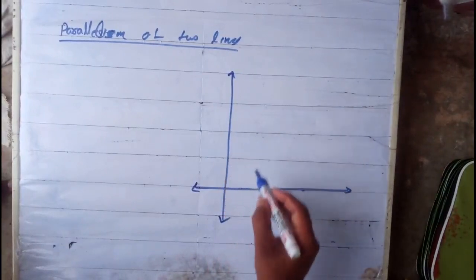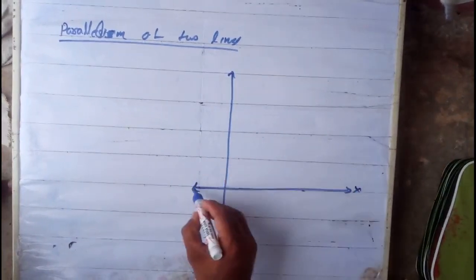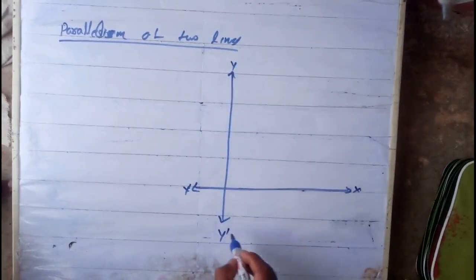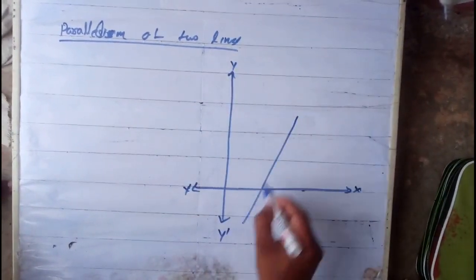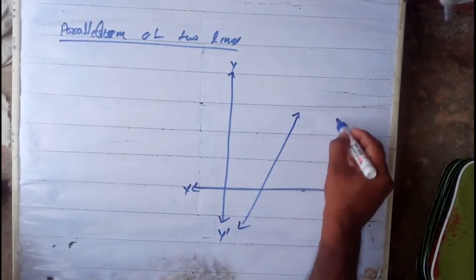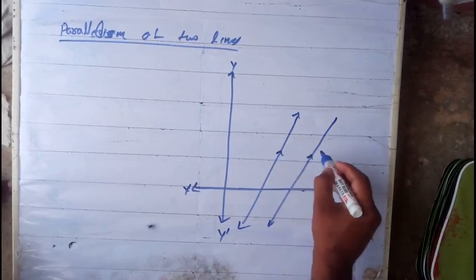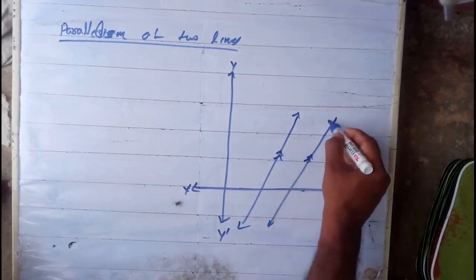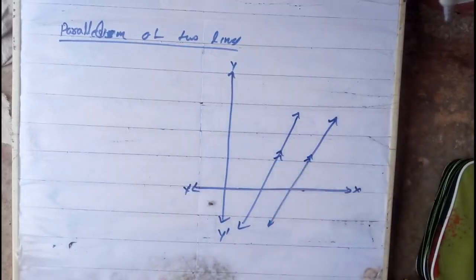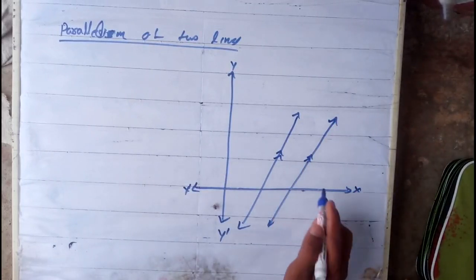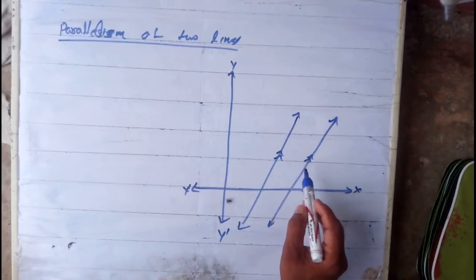Suppose this is x prime, y prime. This is a line, this is another line. These two are parallel to each other. What do you mean by they are parallel to each other? The angle between them is 0 degree,